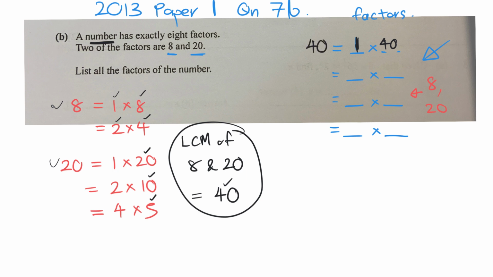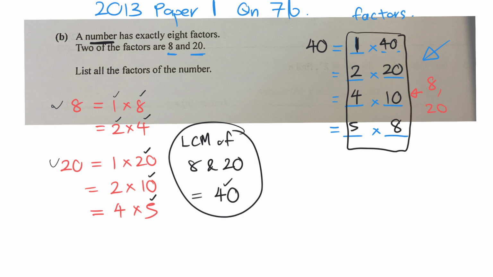And now I fill in all the other factors. 2 times 20. What else? 4 times 10. 8 times 5. And 5 times 8. Yeah, and that's how we found out all the different factors